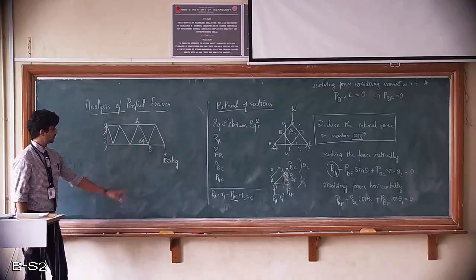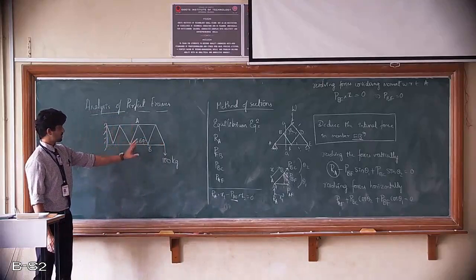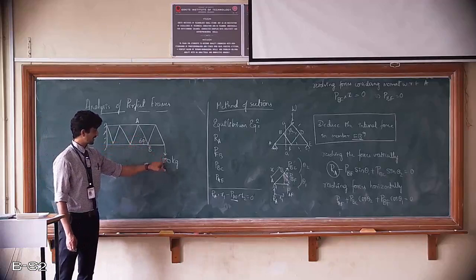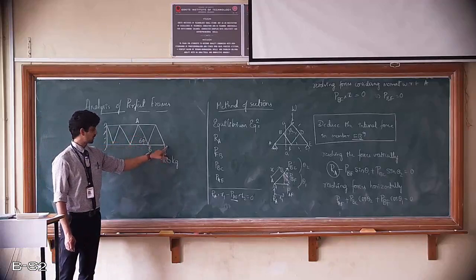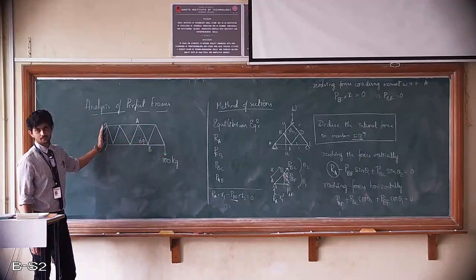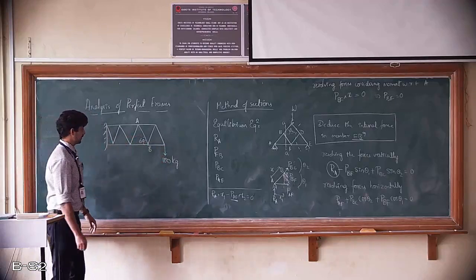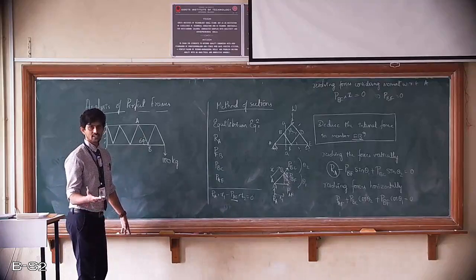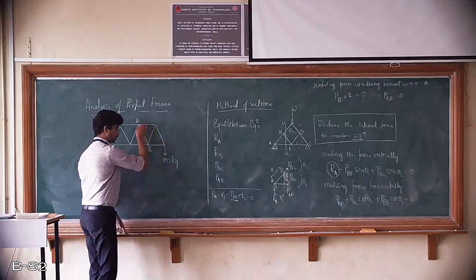Very simple. You are asked to find what is the internal load at this particular member AB when there is a load acted at this particular joint here, which is at free end, whereas the complete structure is fixed from this end. Now in this particular problem, see, you can use method of joint. If it is not specified to be method of section, you may use method of joints as well, but that is going to consume a lot of time.